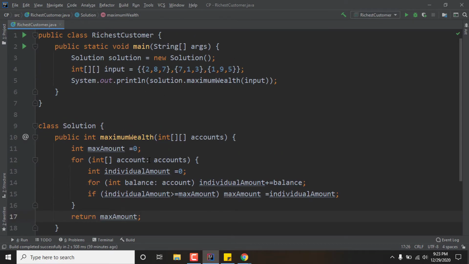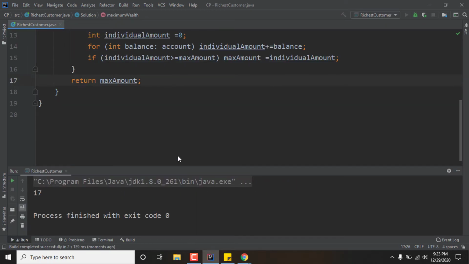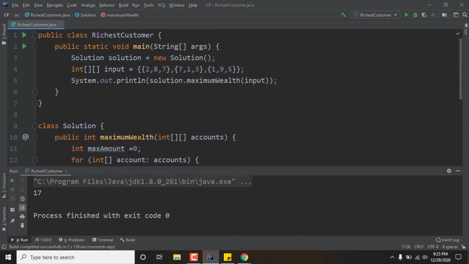If we run the code here, you can see what the answer is. We can see the answer is 17, which is the correct answer because 2 plus 8 plus 7 is 17, and the other 3 and this 3 are smaller than this one.